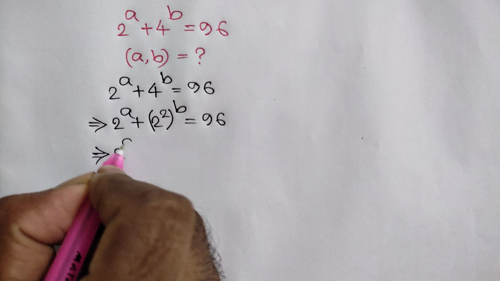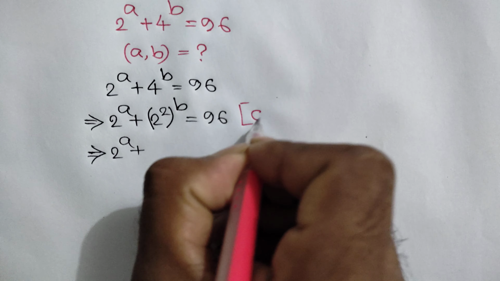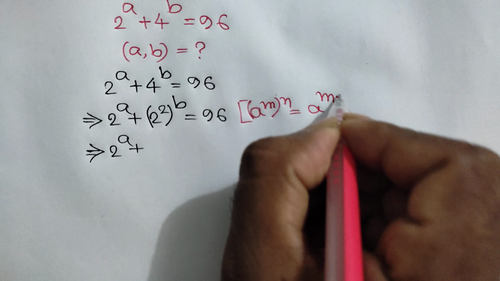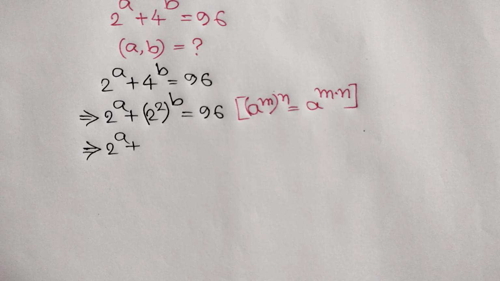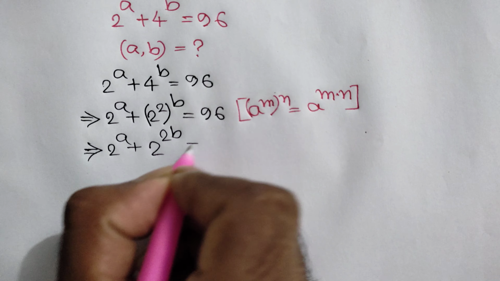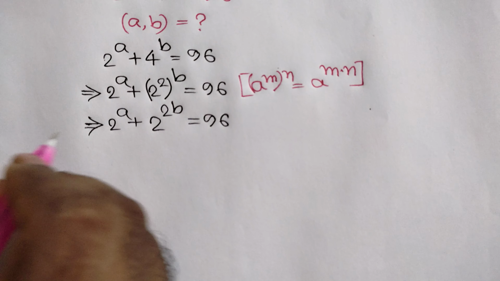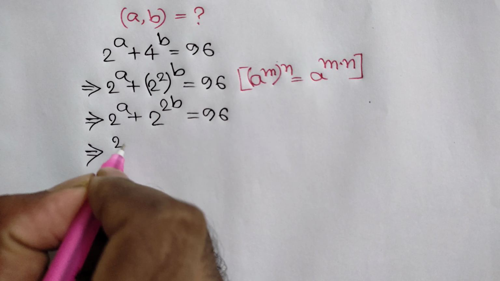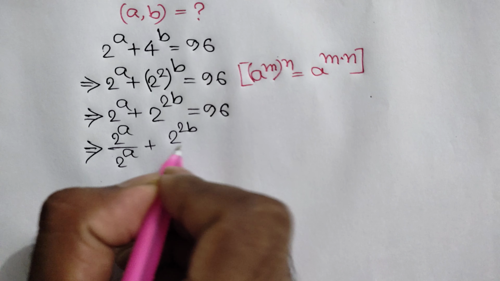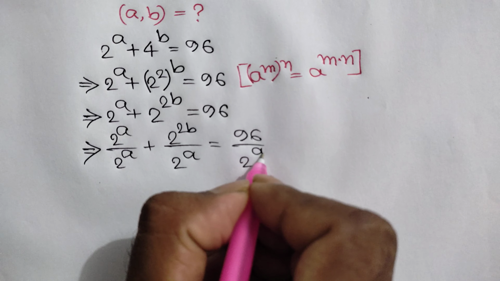Or 2 to the power a plus, now we know an exponential formula, a to the power m whole to the power n is equal to a to the power m times n. Now apply this formula. Here we can write 2 to the power 2 times b, that is 2b, is equal to 96. Now divide both sides by 2 to the power a, we can write 2 to the power a over 2 to the power a plus 2 to the power 2b over 2 to the power a is equal to 96 over 2 to the power a,